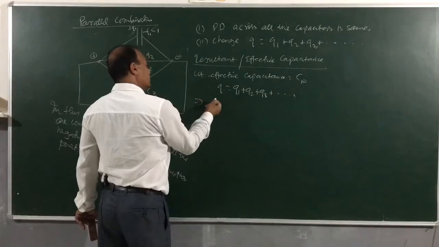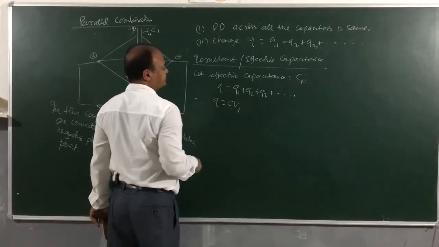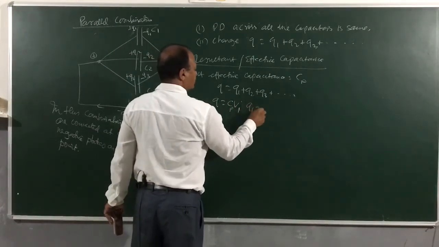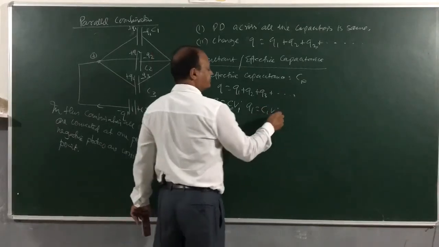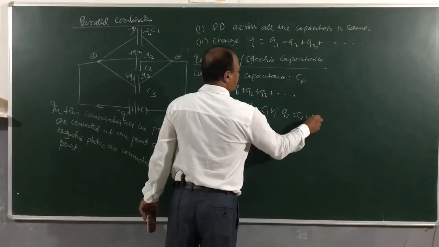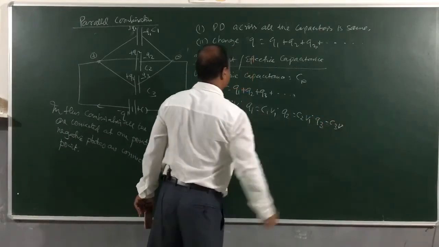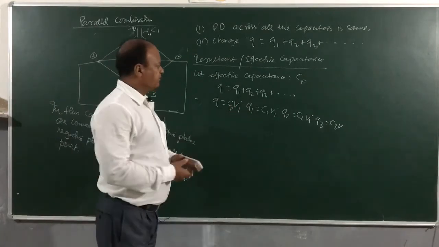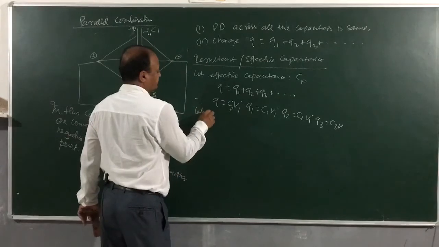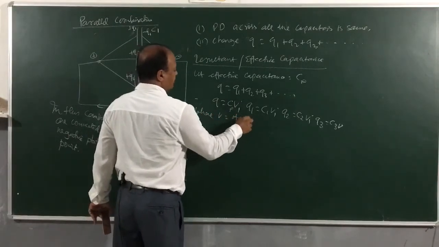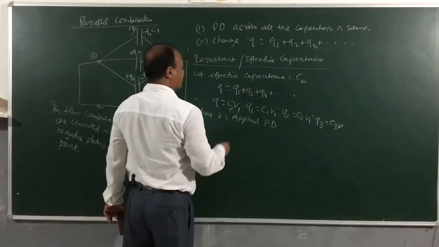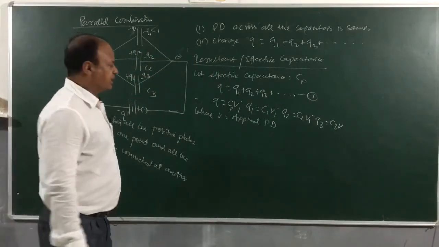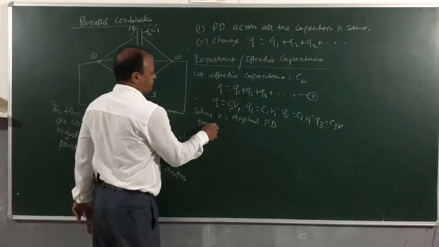How much is Q, children? Q is equal to C into V, or Cp into V. Q1 is equal to C1 into V, Q2 is equal to C2 into V, and Q3 is equal to C3 into V. Right? Where V is the applied potential difference. So if I substitute all these values of Q, Q1, Q2, Q3 in equation 1, then we get, children, from equation 1,